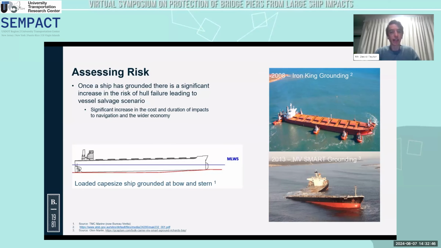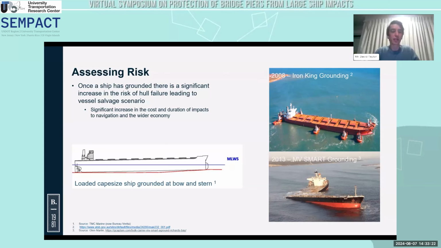Now, fortunately, throughout the 12 hours that the ship was grounded, the stern of the vessel never came in contact with the seabed, so it was always pivoting around the bow of the vessel. With these very large vessels, if you get the situation where the bow and the stern are both in hard contact with the seabed, you end up with a bending moment through the vessel, and that's not a load condition that the structure can tolerate really at all.